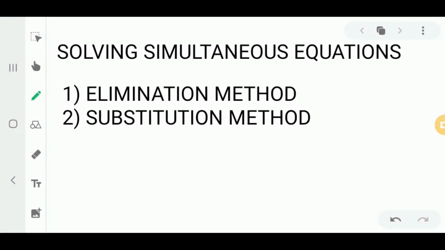Hey guys, welcome back to the DAHKTUBE, and today we'll be solving simultaneous equations using the elimination method and